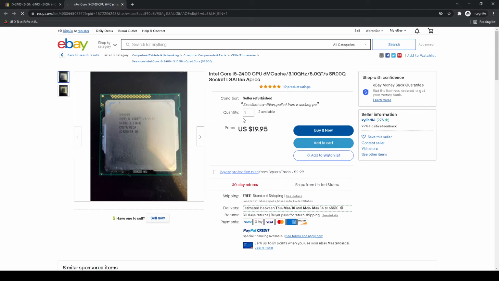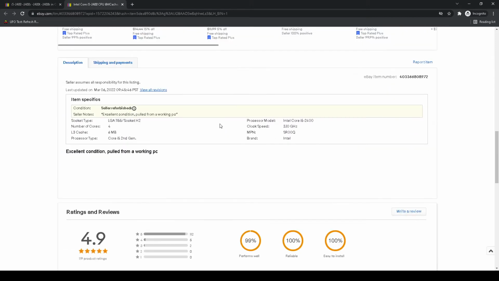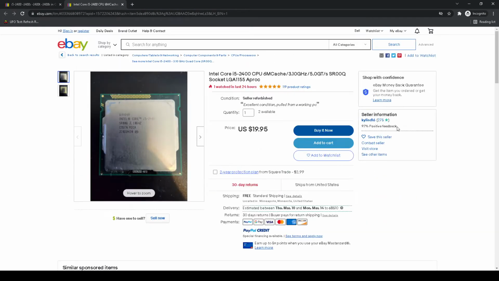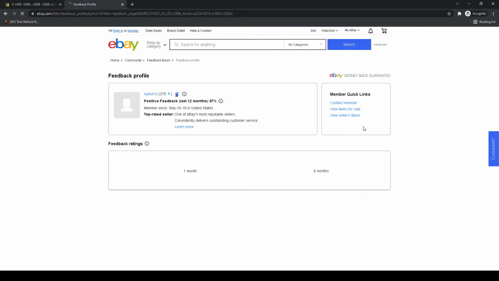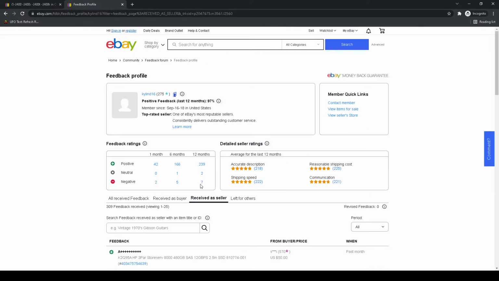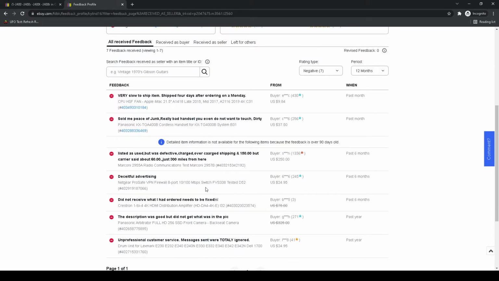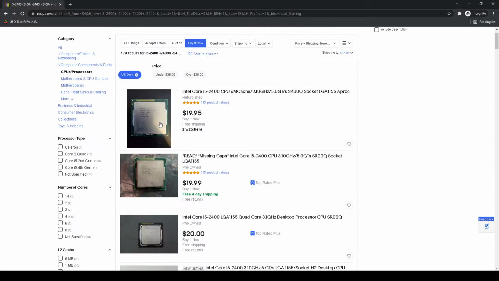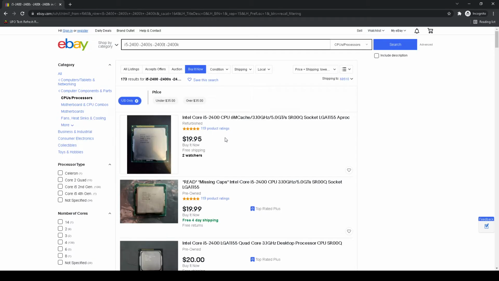Their feedback's not great, but I don't know. There's such low feedback to be at 97%, it probably means they have like one or two negatives. Ooh, seven negatives. Yeah, maybe they're not the best performing, but I don't know. That's kind of what eBay protection's for. That's not my problem. I don't know if I'd buy from them personally, but everyone has their different pain tolerances. So realistically though, after showing the listings that eBay chose to hide,